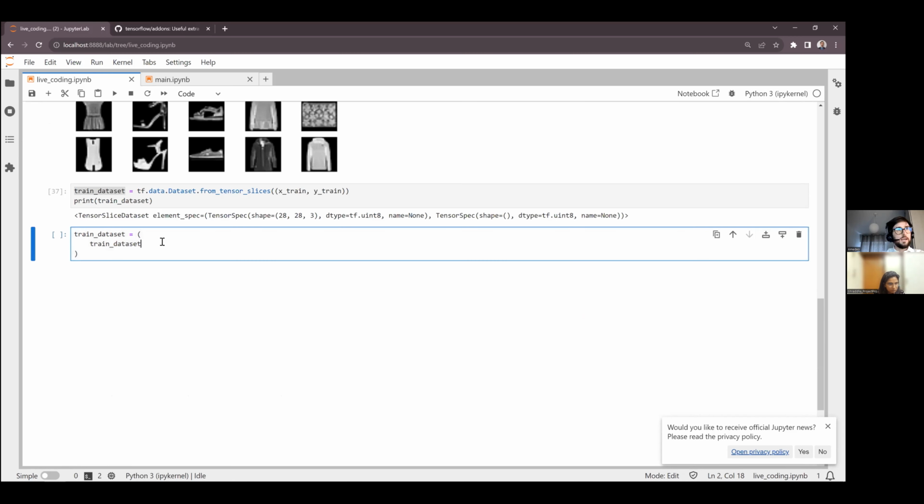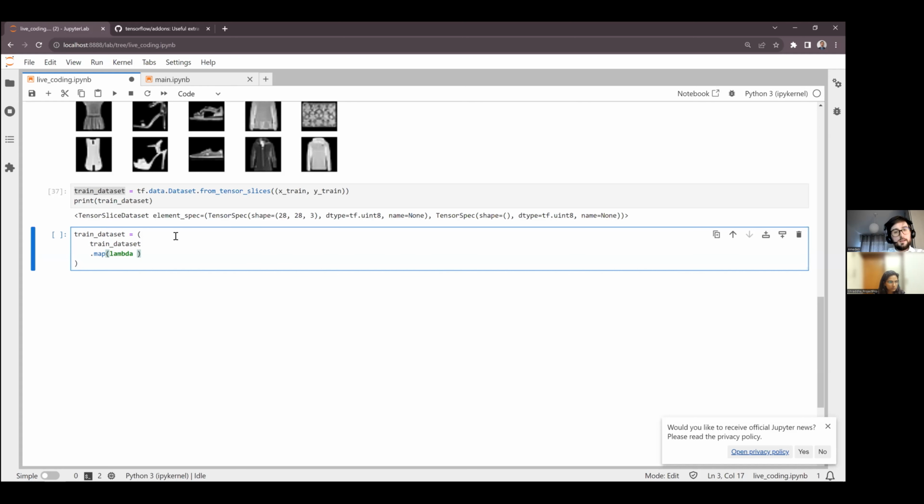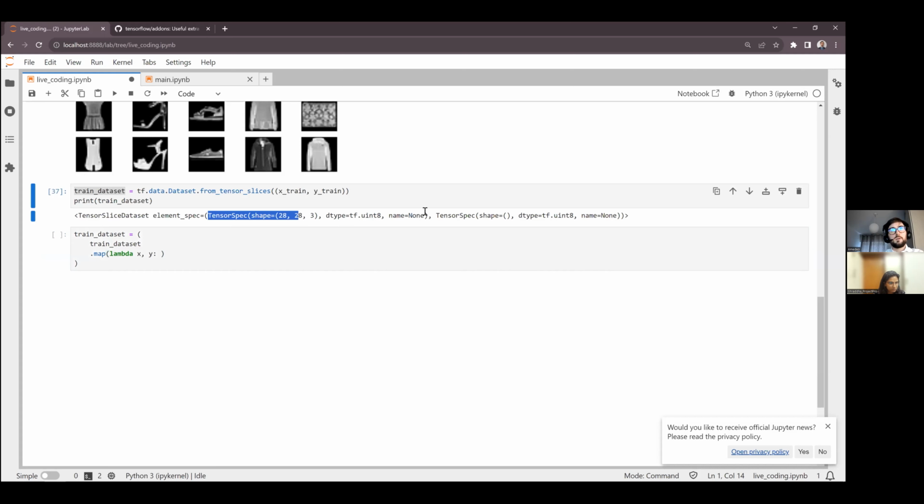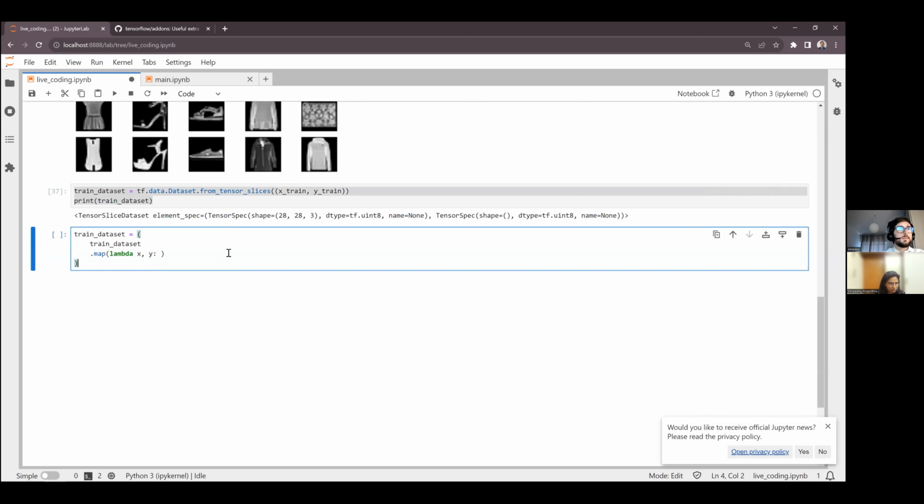So I can apply a transformation in this dataset with the map function. I can put here any function, but in that case, I will define it by a lambda that takes as input the x and y of our dataset. The y will stay the same, we will not change it, while the x will be defined as x divided by 255.